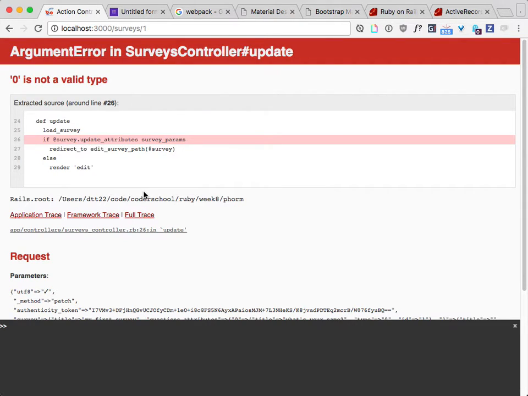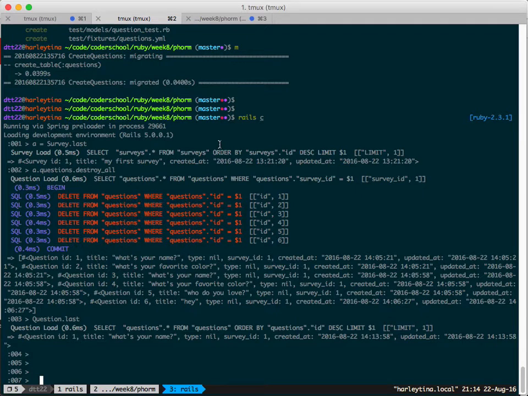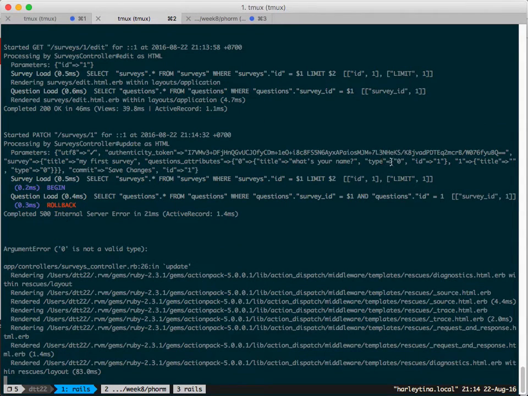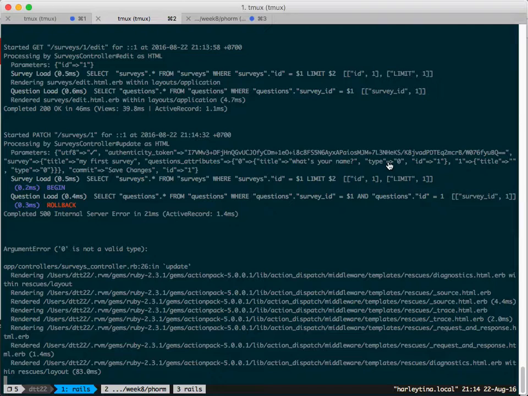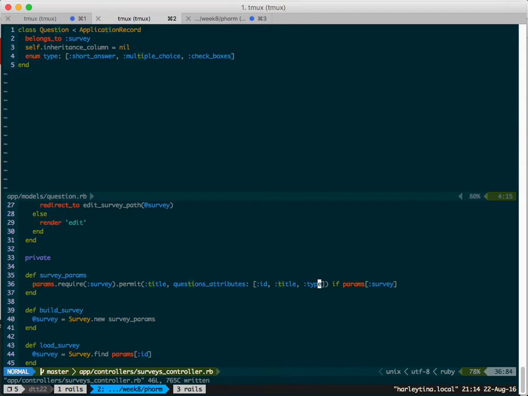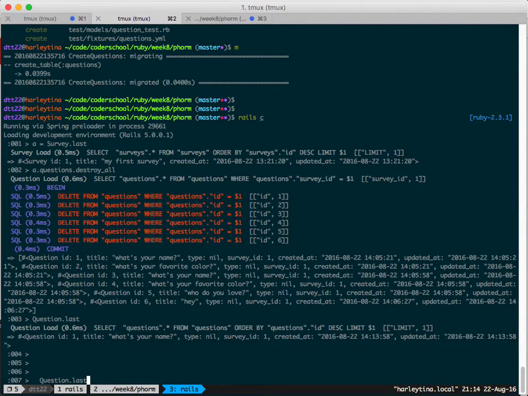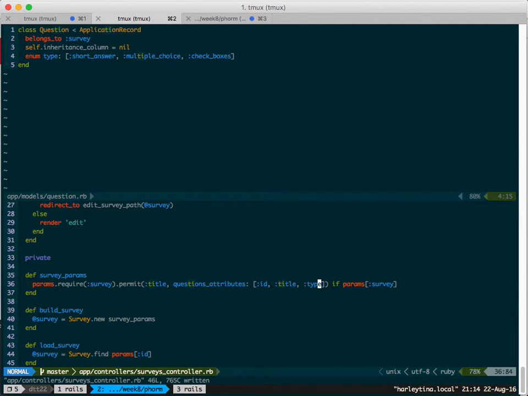So here it's a little problematic, right? Rails likes to store it as an integer, but if you submit type as an integer, it doesn't like it. So how do we do it? Convert. Yeah, we have to convert it. So you actually want this to be question